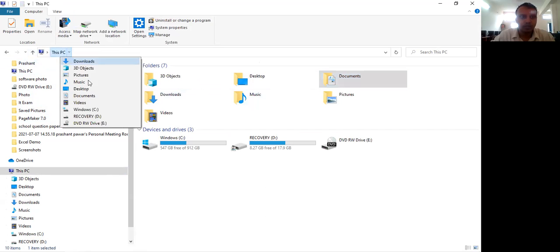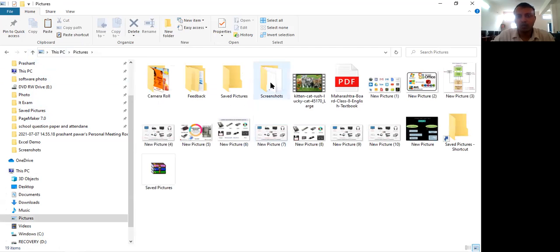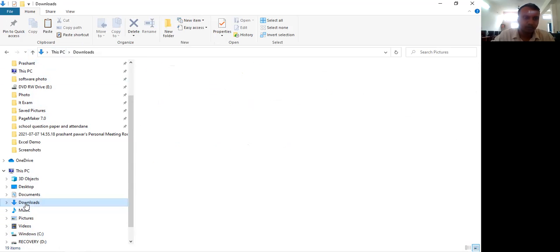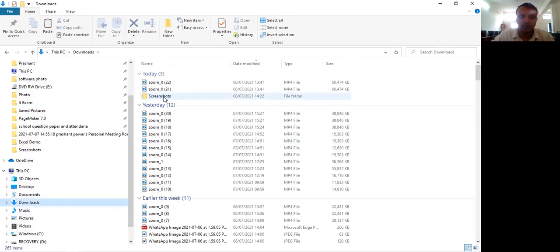My Computer, pictures, and we have moved this screenshot folder into the download folder. Now let's check out the download folder. Here you can see we have moved this screenshot folder from the pictures folder to this download folder.